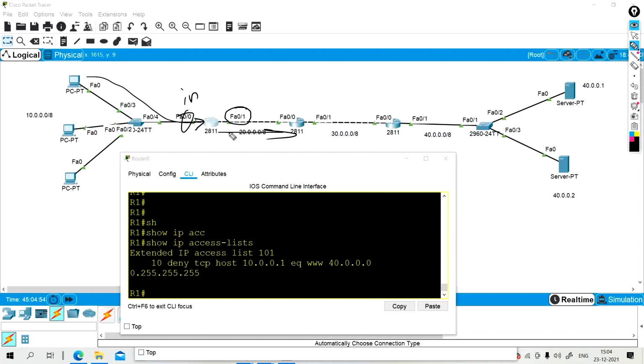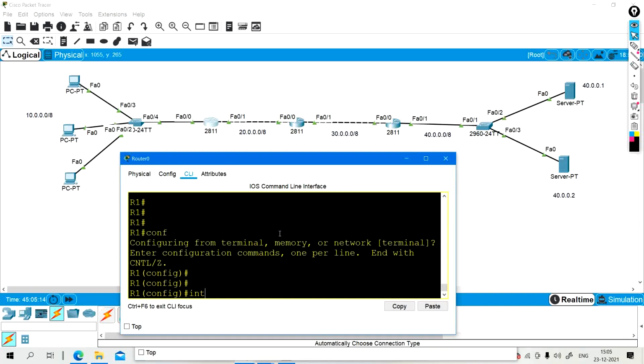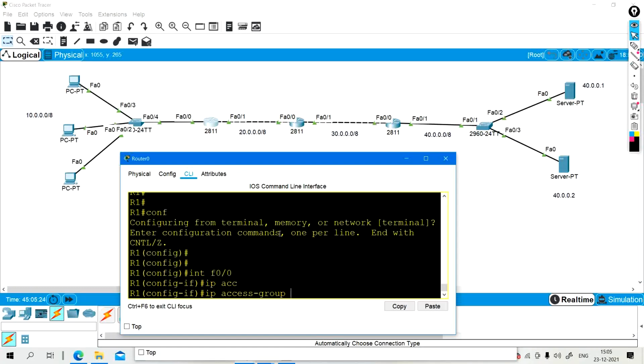So okay, I am going to configure on this interface, and the direction will be in. So go to interface fast Ethernet 0/0, and IP access group 101, and direction will be in.